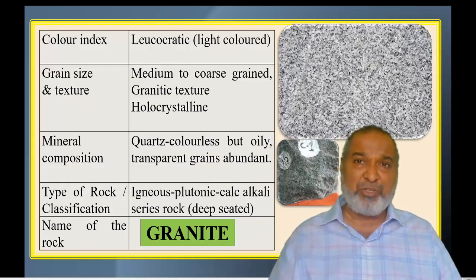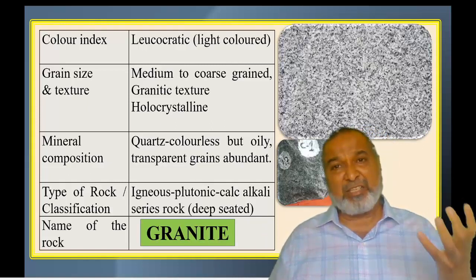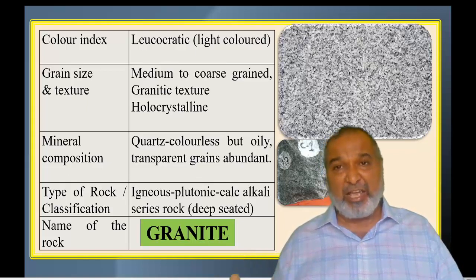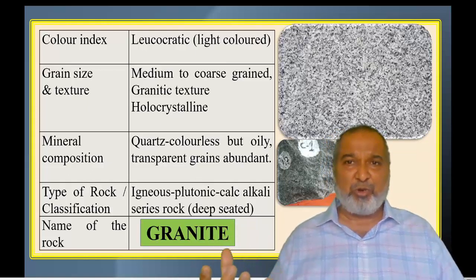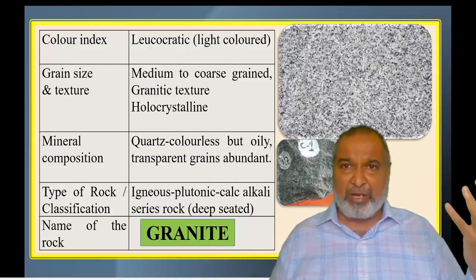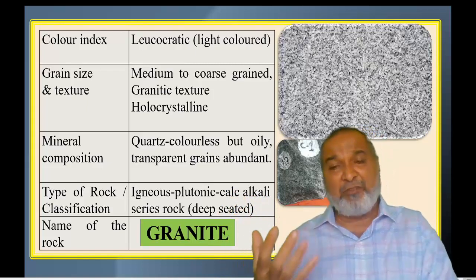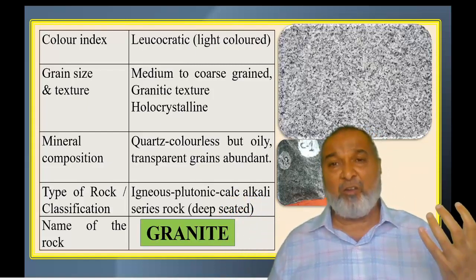If you see the composition, plagioclase is calcium rich, whereas orthoclase is alkali rich. Na and K are dominating; calcium is there, but in a lesser amount. So here we have the calcium-rich plagioclase, and the alkali Na-K one is the orthoclase. Here we have the flesh red color, and here we have the gray or white color.